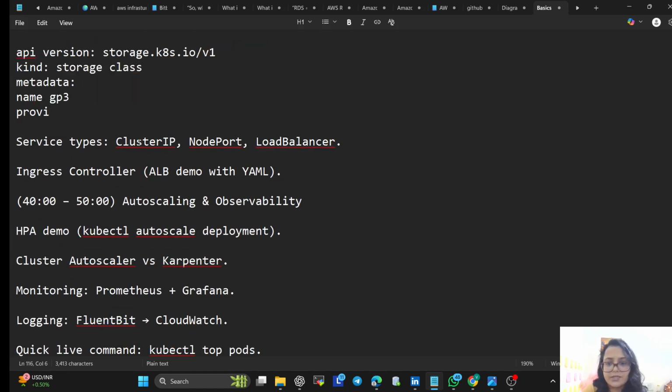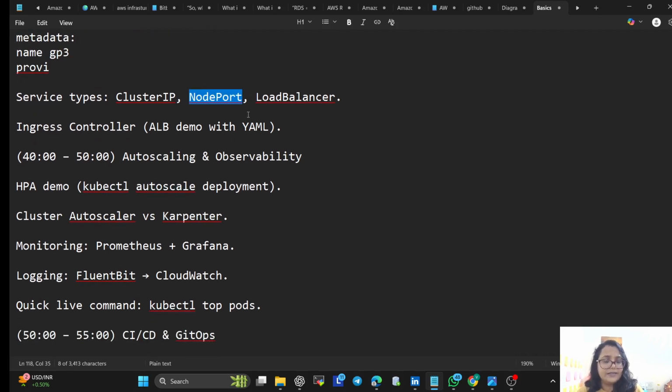Now service type, cluster IP. So cluster IP we use for internal only, and the service type is nothing but how you can show your application. So cluster IP we used for internal purpose only. Node port will expose, but that will be 30,000 to 32,767. That port range is there. And load balancer, AWS load balancer, that is provisioned and we can show our application. So for that, also like API version, kind, metadata name, annotation, and everything you can give. Okay, now